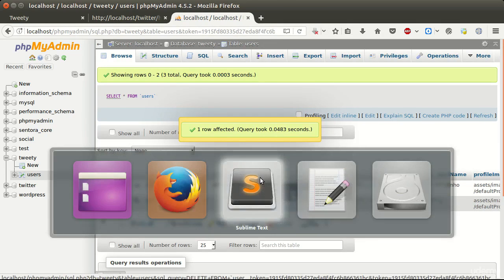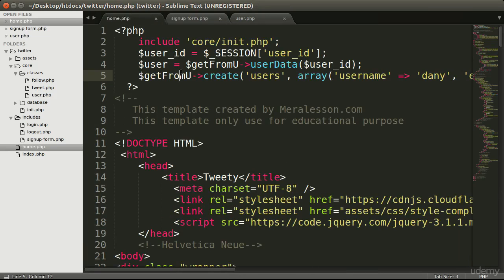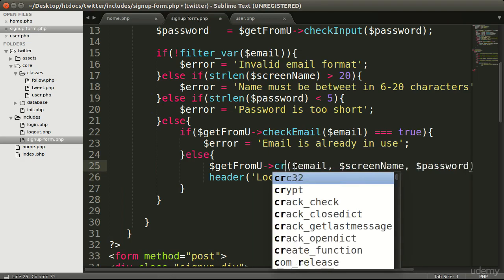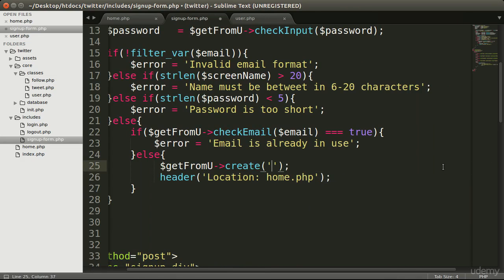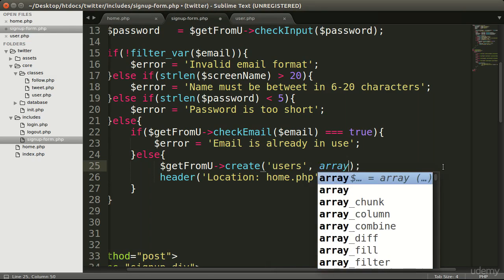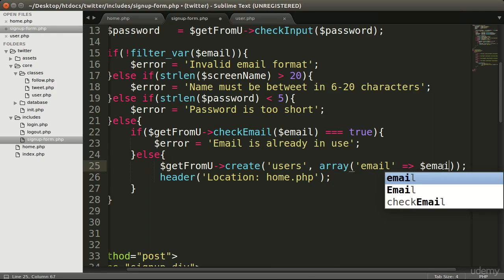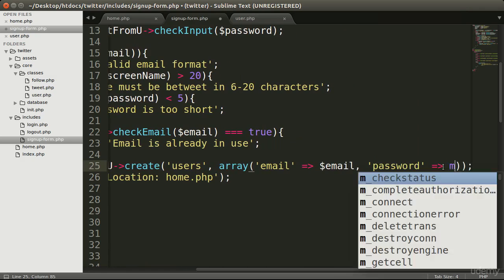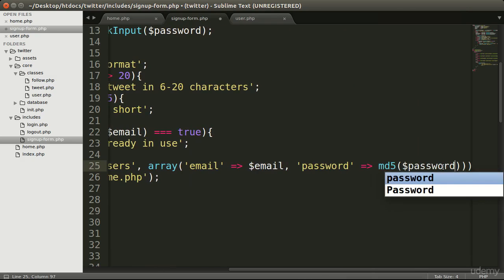Now go to your home.php file and remove the create function from here, and go to your sign up form, and here will be your create function. Here will be your users table, an array to insert the user. First we need to add the email, so this will be your email variable, and the password, and here will be your MD5 function. Password variable will be here,